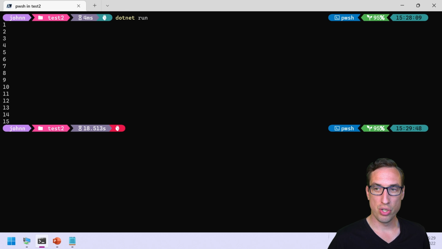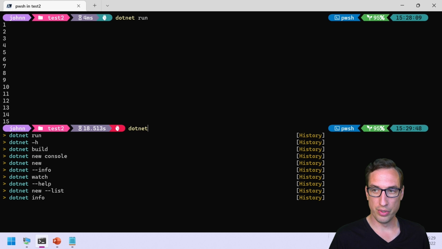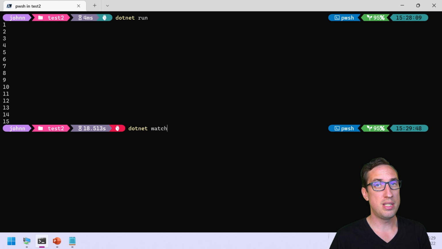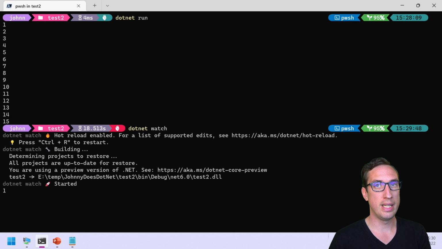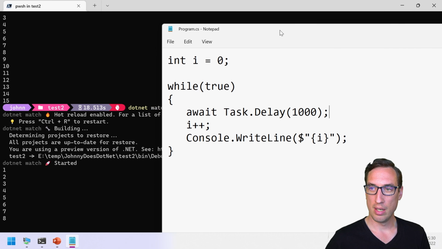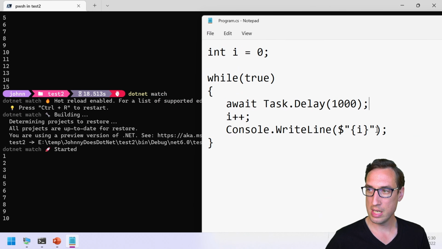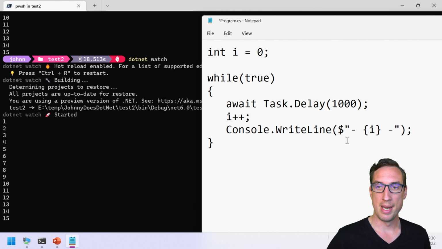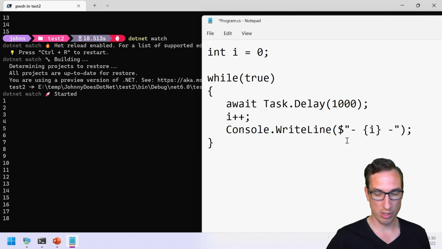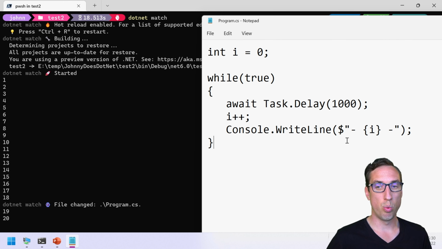Okay, now I can show you the .NET Watch command, which is basically the same as .NET Run, but while your application is running, it will watch all the source code files. And whenever a source code file changes, it will automatically include those changes in the running process, which is quite a powerful feature. So let's go back to my code. Let's drag it a little bit off to the right-hand side and just add some dashes before and after my number. Now, when I save this file by pressing Ctrl S on my keyboard, the .NET Watch will see the